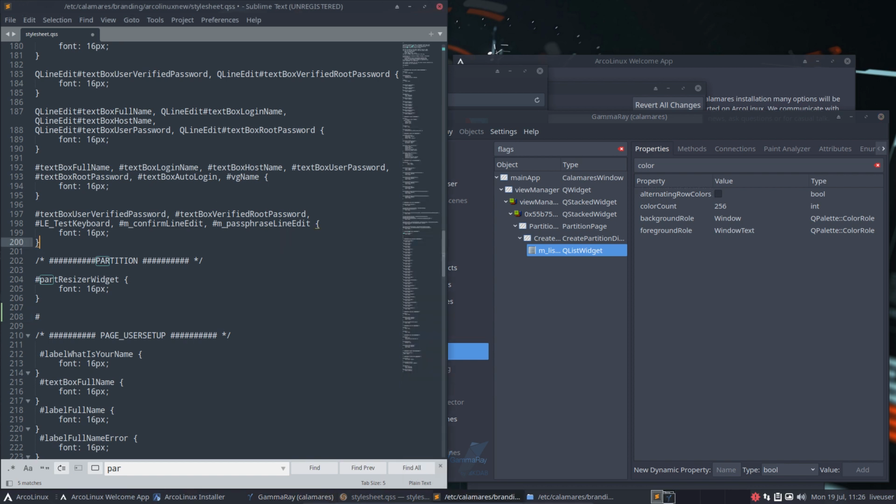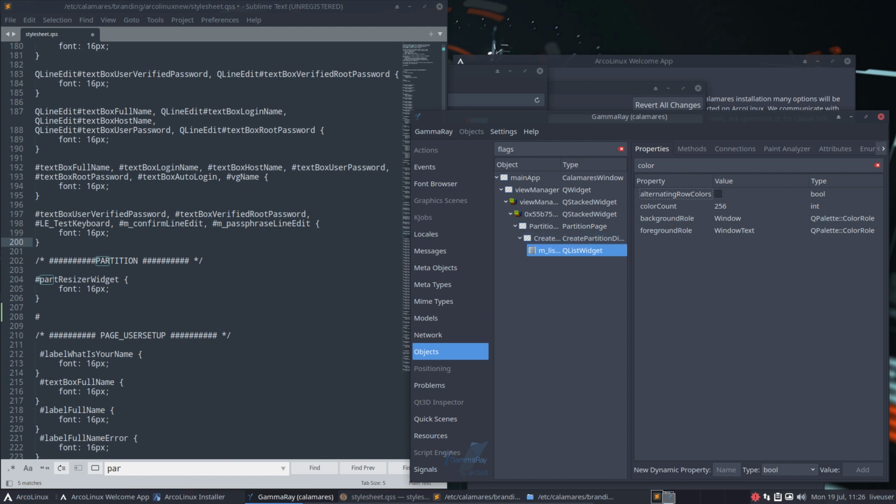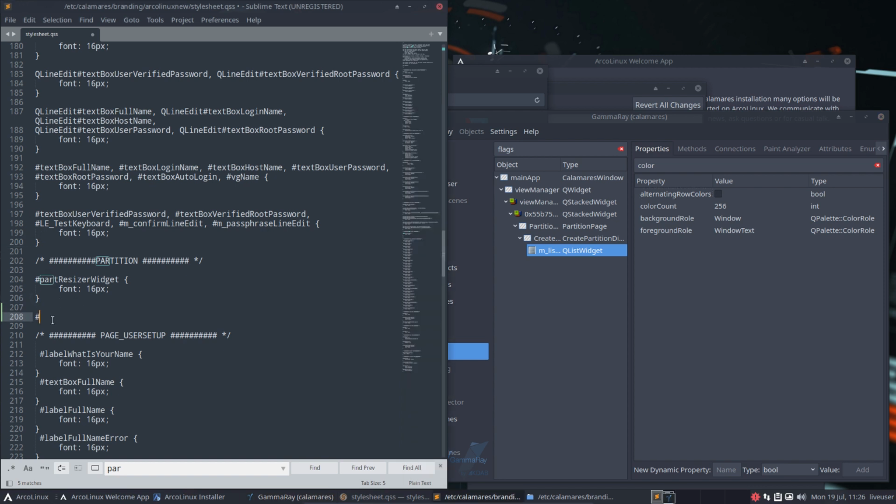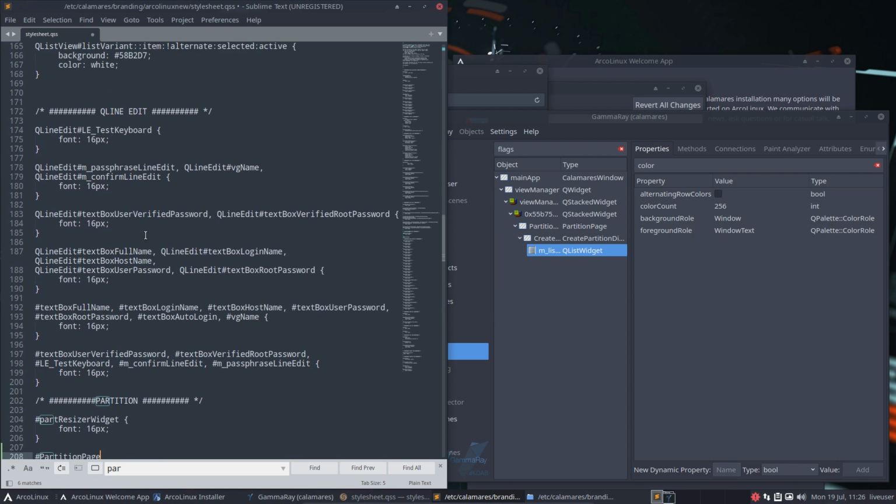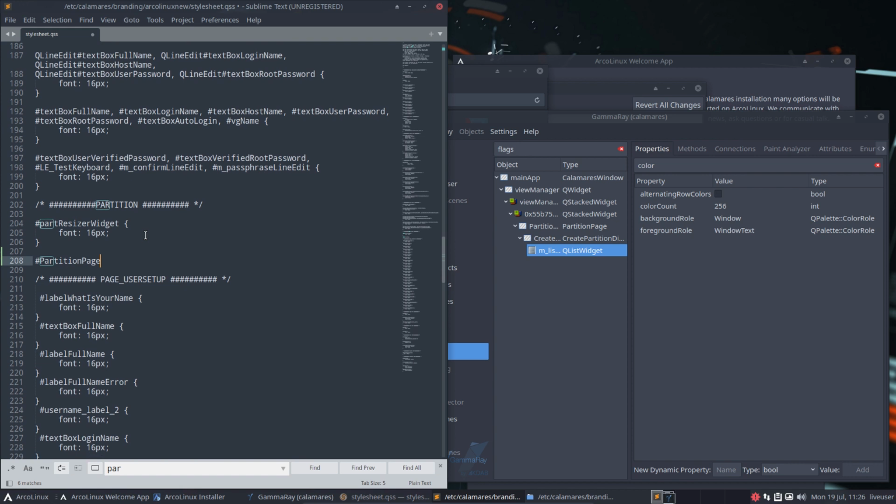All right, I just checked, and the things I needed, well, I started with trial and error, right? Don't ever forget that, trial and error. Just keep on testing it out. So we got here partition page. The idea first was to be very specific and go to here. And I just scrolled down and I saw, oh, look, they make these references to double colon like this. And then QList widgets,